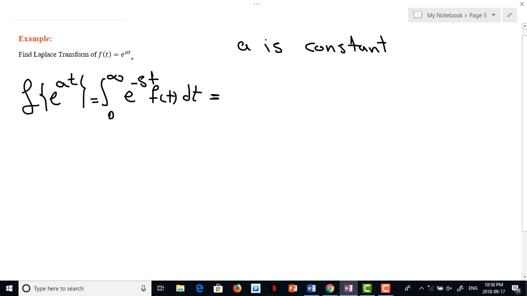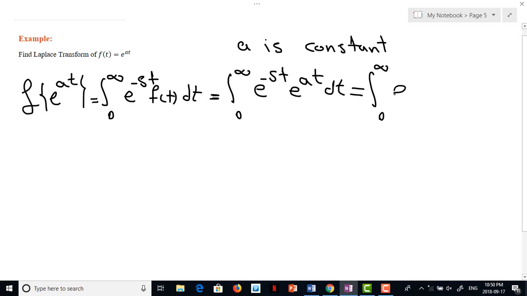So f(t) is e to the power of at. As a result, I just plug it in the integral. We have the integral from 0 to infinity of e to the power of minus st times e to the power of at dt, and it's equal to the integral from 0 to infinity of e to the power of minus, I just factor out minus here, so we have (s minus a) times t dt. So you know how to find the integral of this function, e to the power of minus (s minus a) times t, so it's equal to